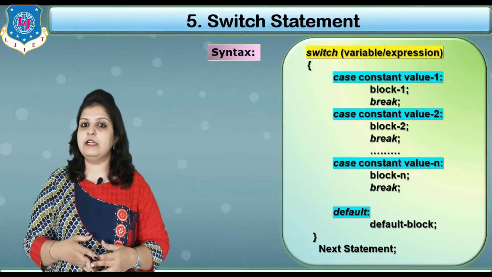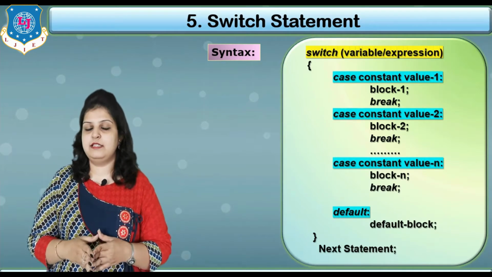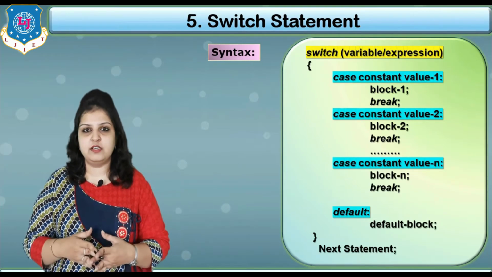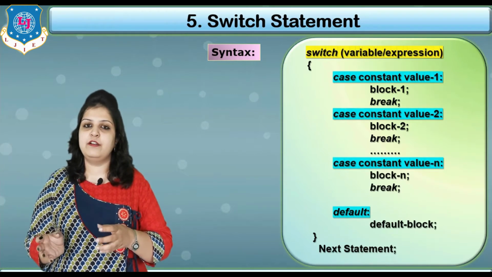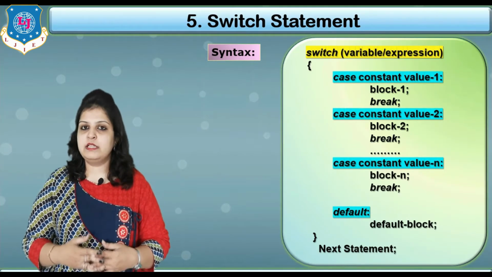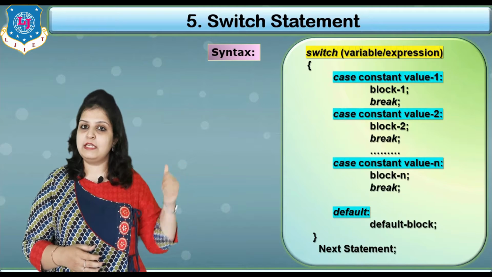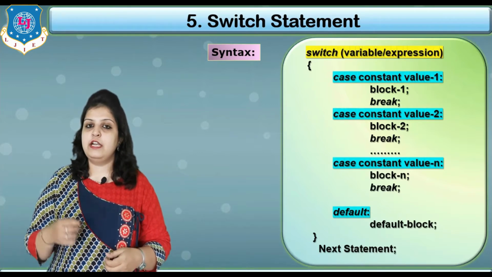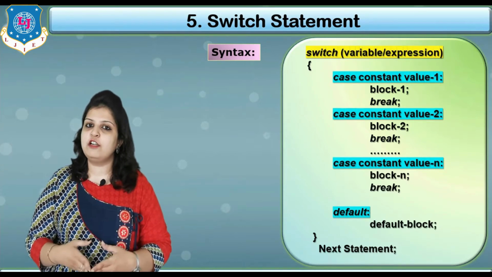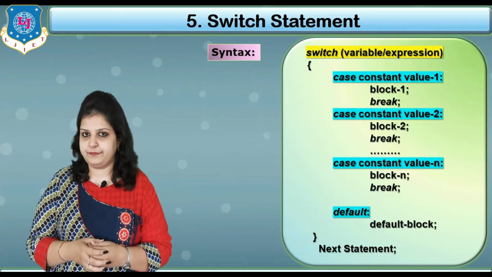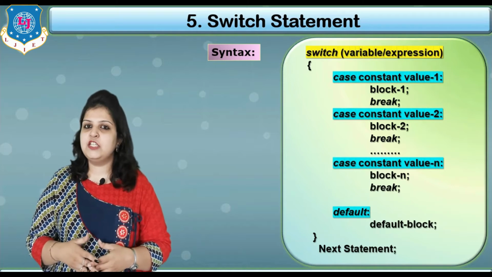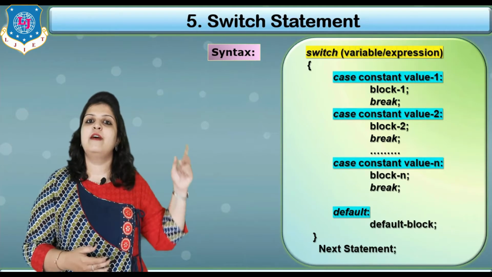And in curly brackets we have to write different cases instead of conditions. In the 4 remaining statements we always write a condition in brackets, but here switch is different from those 4 statements. And one more thing you have to remember, the variable which you write in the brackets of switch must be of integer or character type, because switch is not used for float or string data types. So remember this.